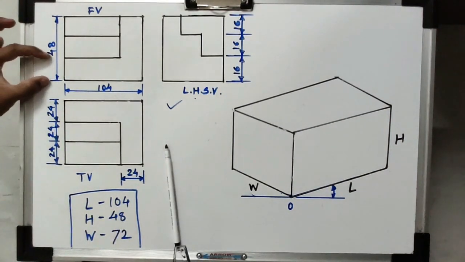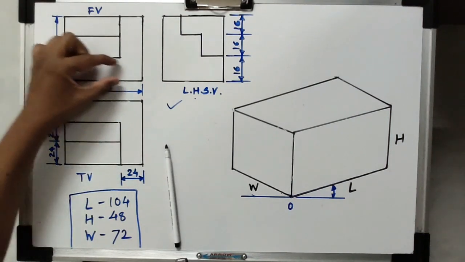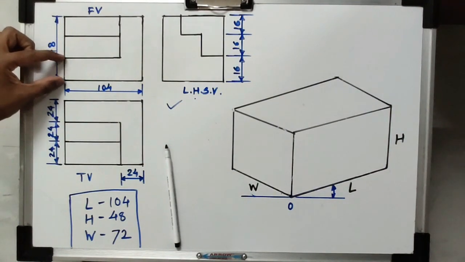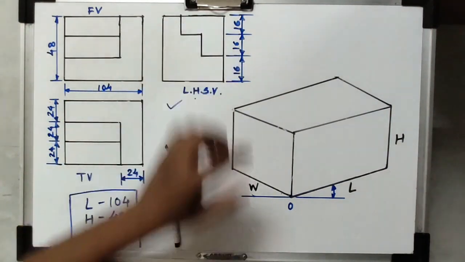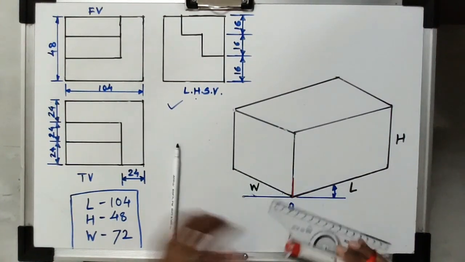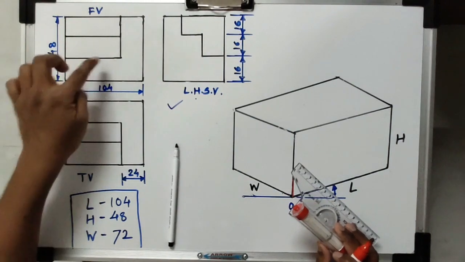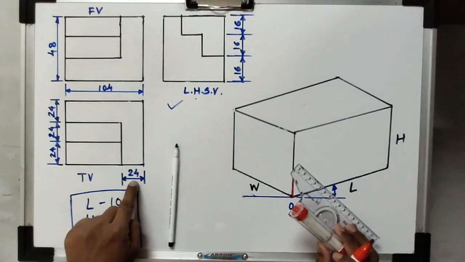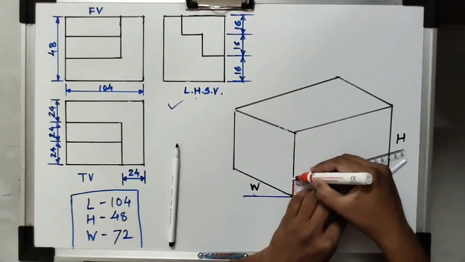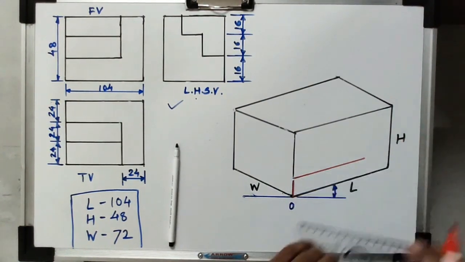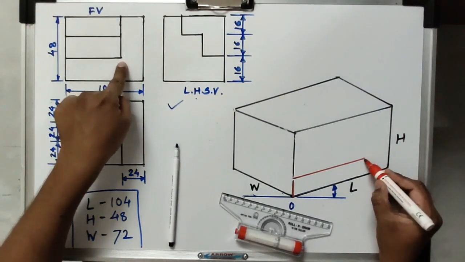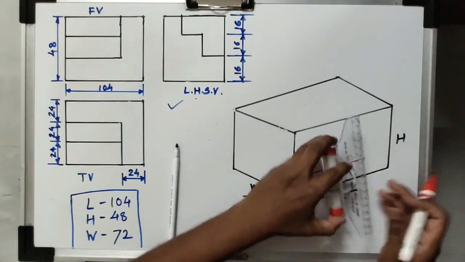So from the front view, if I consider initially this portion only, we have to identify the height of this portion. The height of this portion is given in the side view, that is 16 mm. I will represent here the 16 mm distance. Then how much length of this portion? That is nothing but 104 minus 24. How much will be there? 80. So I will represent this length 80 mm, and then this vertical portion is there. From this corner point, the end of this line, we have to draw the vertical line up to the overall height.